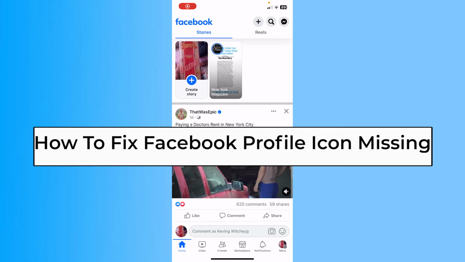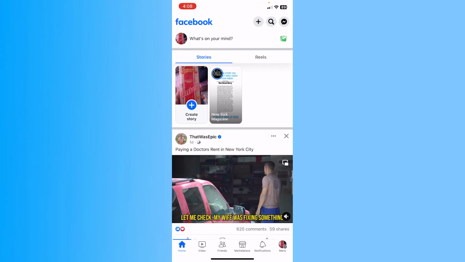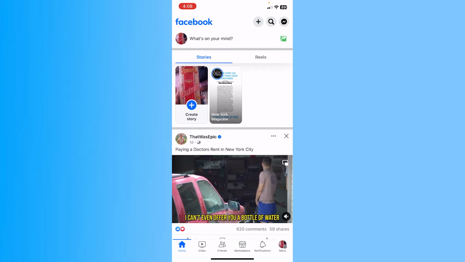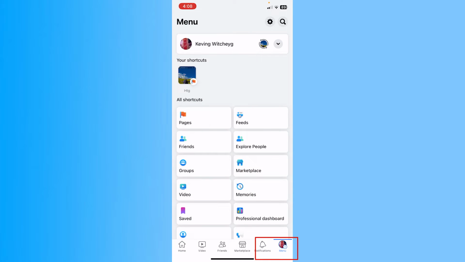Today I'll be teaching you guys how you can fix your Facebook profile icon missing. As you can see at the bottom of my screen, I don't have the profile icon, which means it's missing. So to fix it, I need to click on menu at the bottom right of the screen,